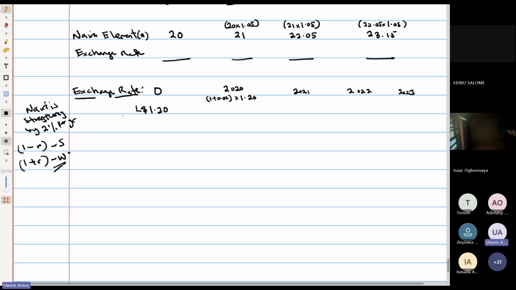Okay, sorry, let me get my calculator as well. 1.2 multiplied by 1.02 gives 1.224. Then 1.224 multiplied by 1.02 for the next year. What do we have? 1.224 multiplied by 1.02 for the next year, because it's the same thing for every year, gives us